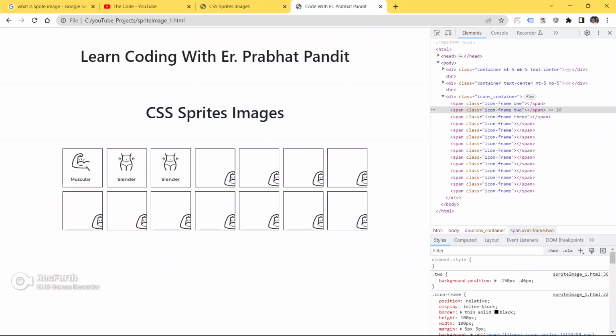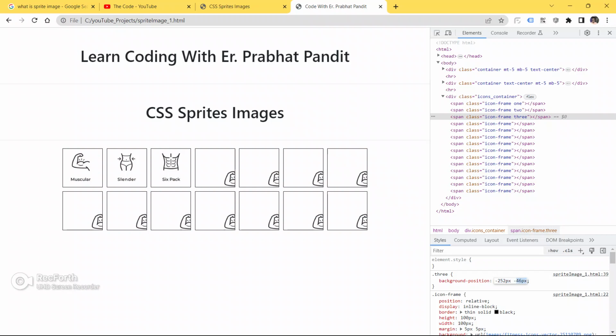See, as long as I'm changing the background position, I'm getting the new image here.